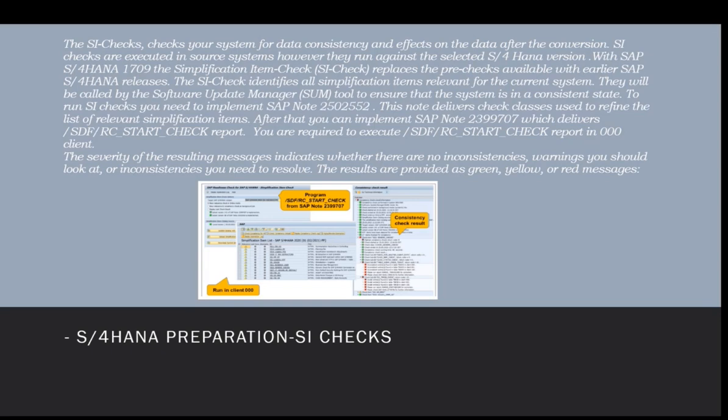Okay, the preparation phase consists of your SI checks, which are more than 90% related to the functional checks, which will check the system readiness for the conversion. It will check whether your system is ready for the conversion or not. Okay, if you encounter any red entries, that means you cannot convert your system to S/4HANA. That is a big blocker for you, and the entire project will fail. Okay, so